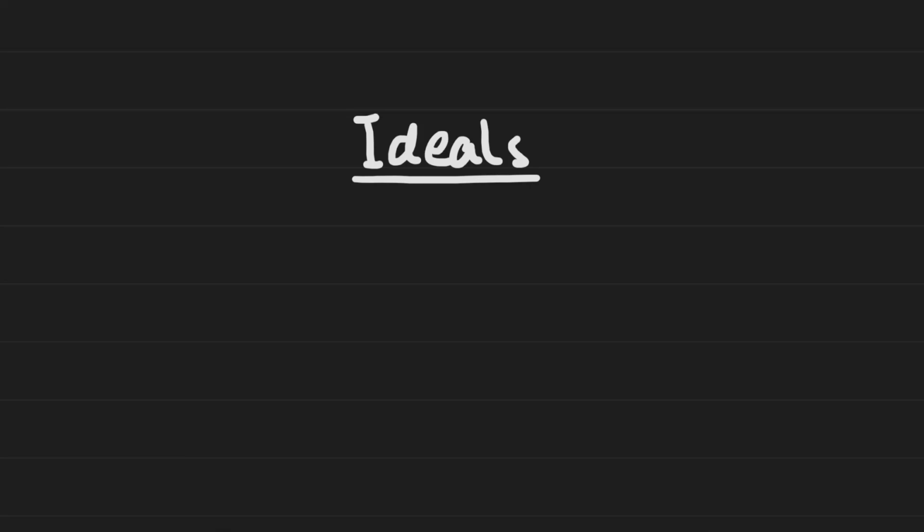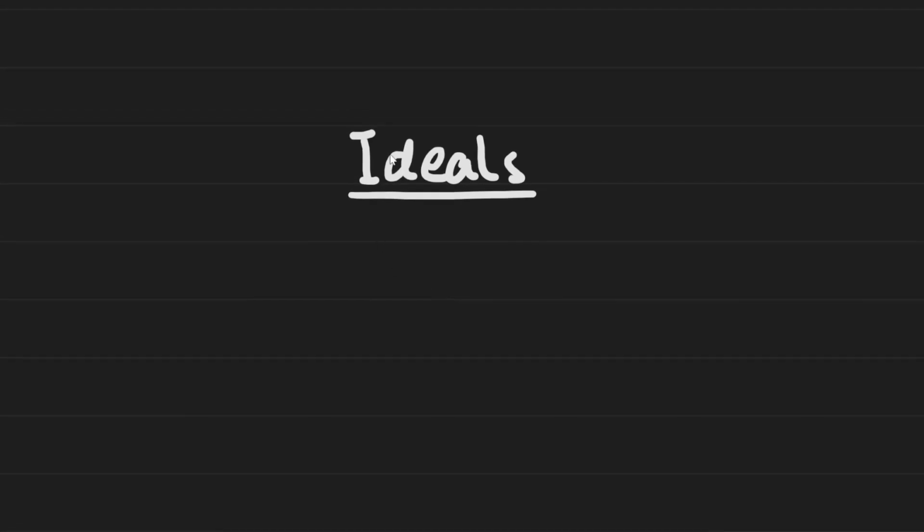So now that we have some basic understanding of rings, we want to start building towards the quotient ring, which is a very important construction. We're going to see it again in the first isomorphism theorem, which is a very important theorem, and we're going to see it in modules as well, and we're going to see it used in constructing field extensions. So it's a very important construction, and the first step to understanding the quotient ring is taking a look at